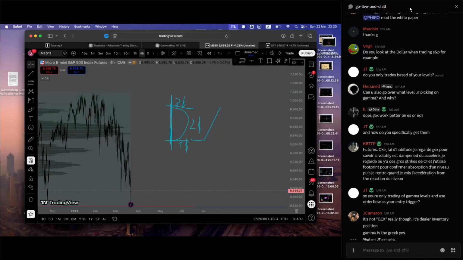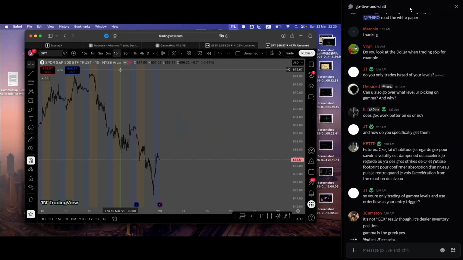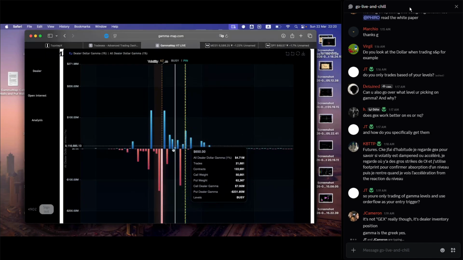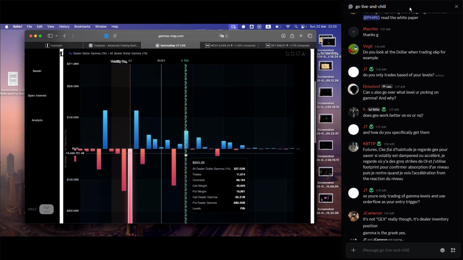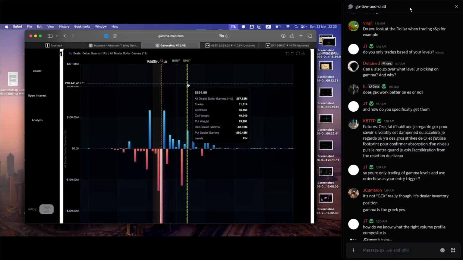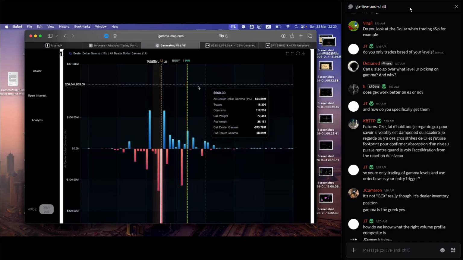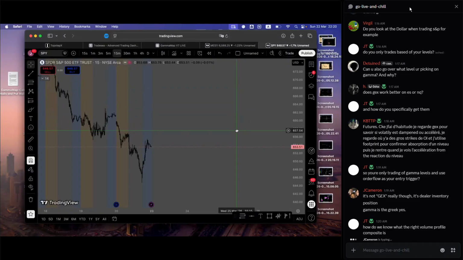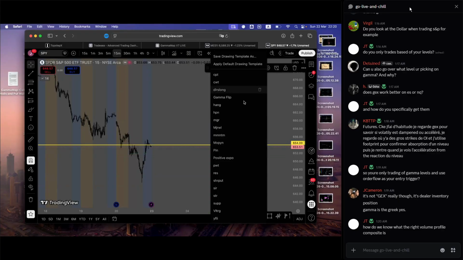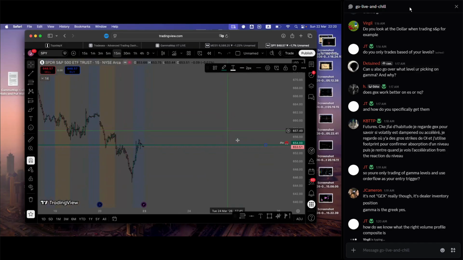So I'm going to mark out my SPY levels for next. They're going to change, but I'm just going to show you all how it works. First of all, pin level is an important level. Usually price wants to go to the pin level. So I'll mark the pin level, 654. Here's the pin level. And I recommend you guys do this as well. I have templates preset already.